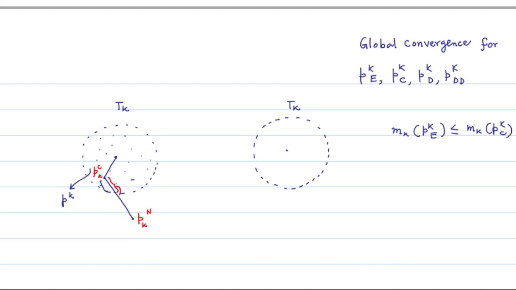You will find that at that pk you have model function value less than or equal to the model function value at pkc. A similar result is also true for the double dogleg path. We consider any point in between